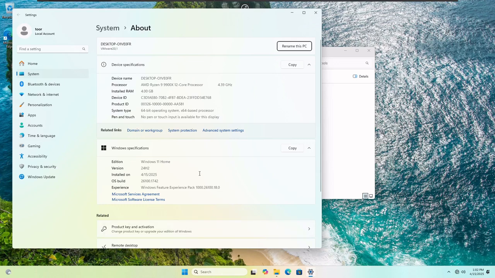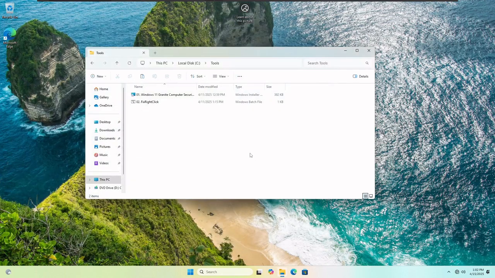This doesn't have any configuration on it whatsoever. It's right out of the box. It is running on VMware, so there is that as a caveat or a limitation. There is no internet connection currently on the system, and we do have the Granite security package right here for